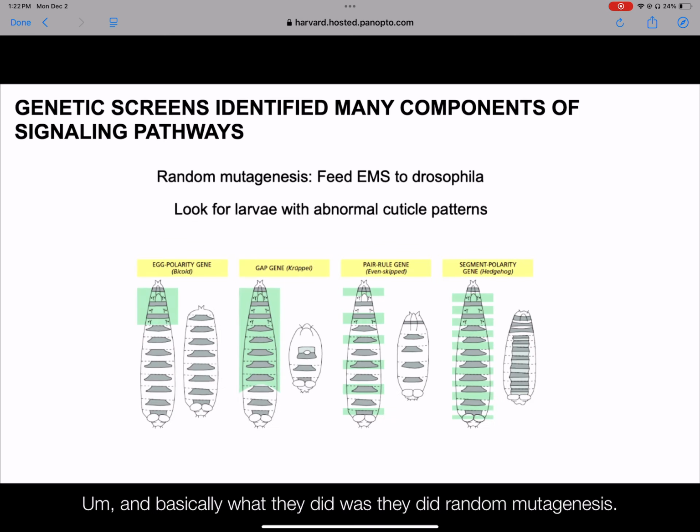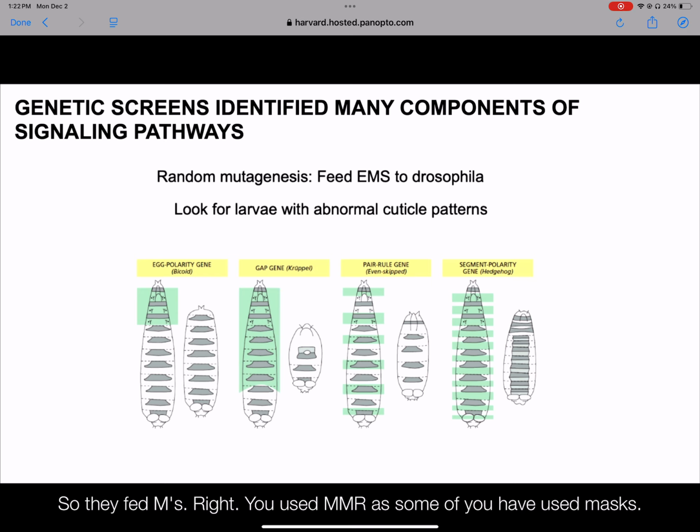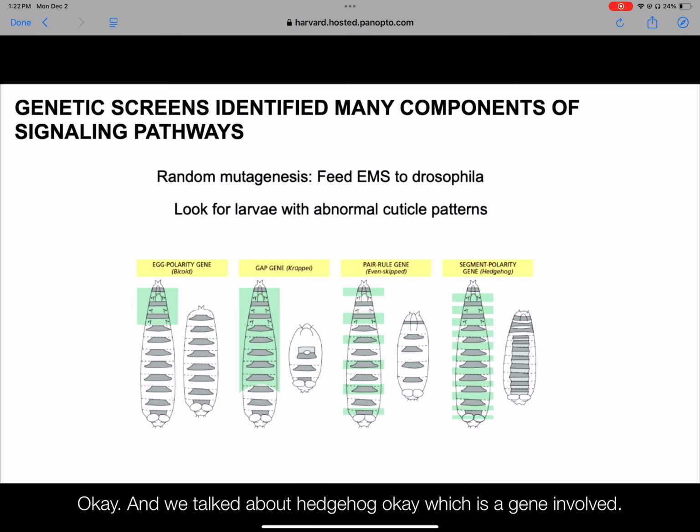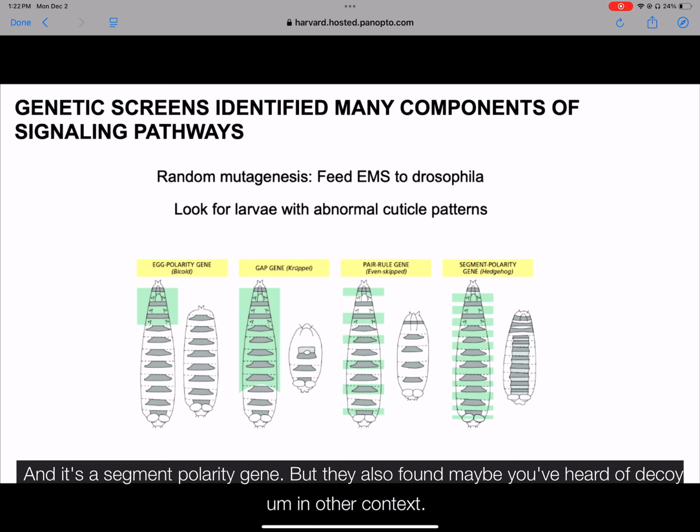Basically what they did was random mutagenesis. They fed EMS to Drosophila. You've used MMS, and some of you have used EMS. They looked for larvae with abnormal cuticle patterns. And we talked about hedgehog, a gene involved in this, a segment polarity gene, but they also found, maybe you've heard of bicoid in other contexts,